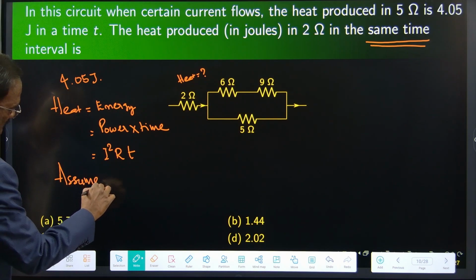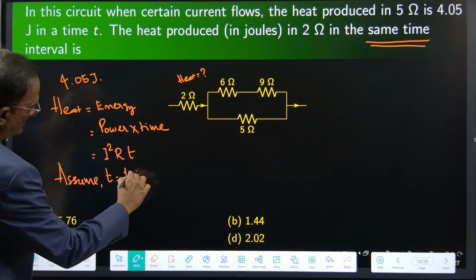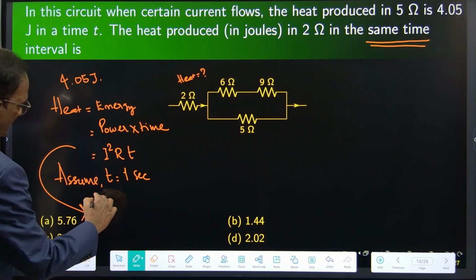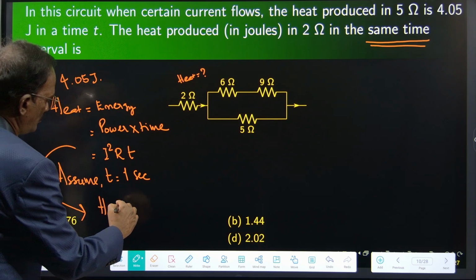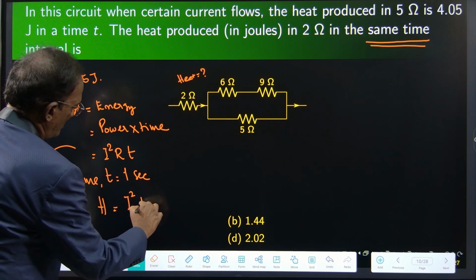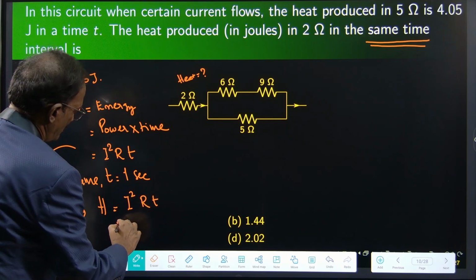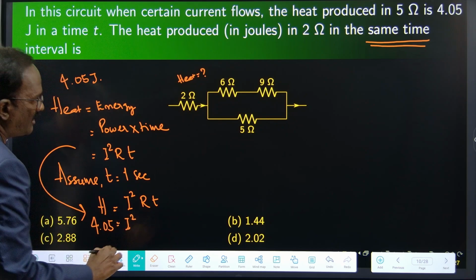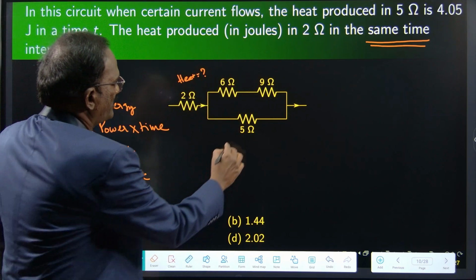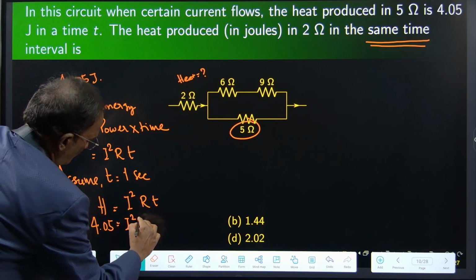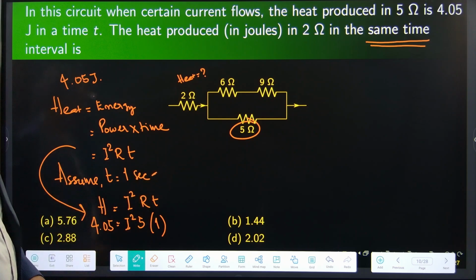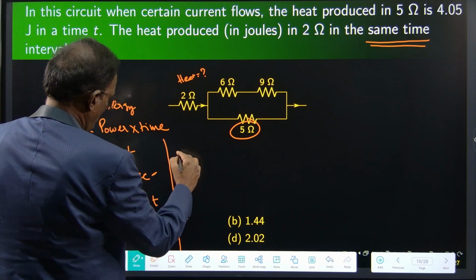So the heat H is equal to I square R T. This is 4.05, I square, R value is 5 ohms. Heat produced in 5 ohms, I have assumed T is equal to 1 second. So this is 5 I square. Then I square is equal to